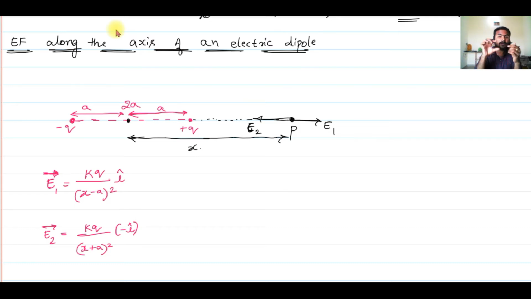Yes, you cannot add the magnitude of the vectors directly, but if you write vectors in vector form, then you can add directly, not a problem. So if you want to add the vectors directly, then you should first write that in a vector form. See, I have written that in a vector form now. E1 in terms of vector form means what? You should indicate the direction also along with it. That's it. Okay.